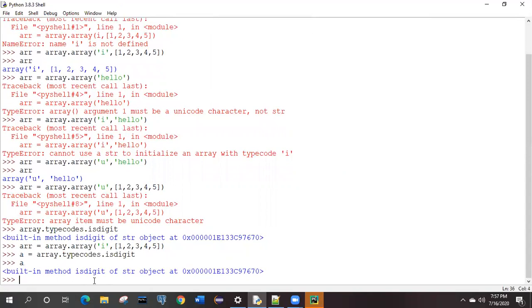Now if we print A, what is it saying? Built-in method isdigit of. isdigit is an inbuilt method of the string object, and for that it is showing some value. If we type A dot something, if it has any specific value, any method,